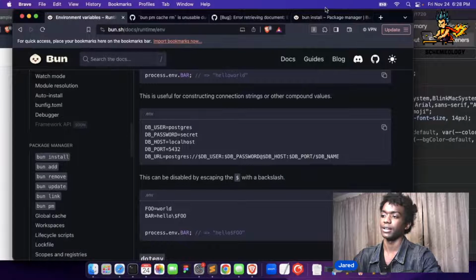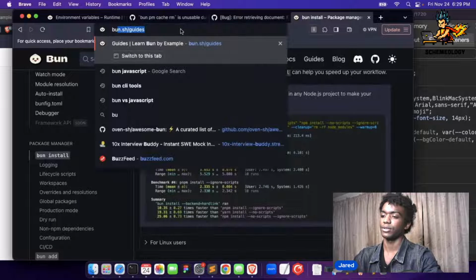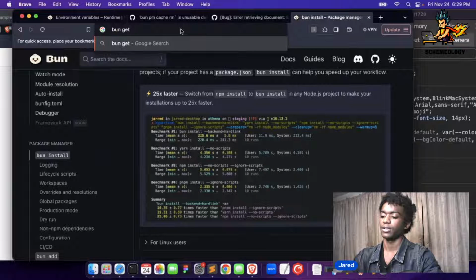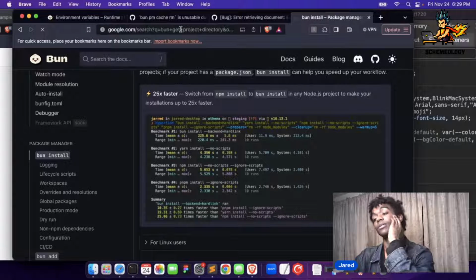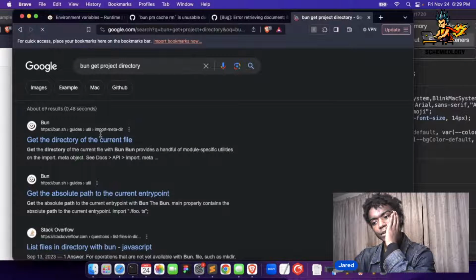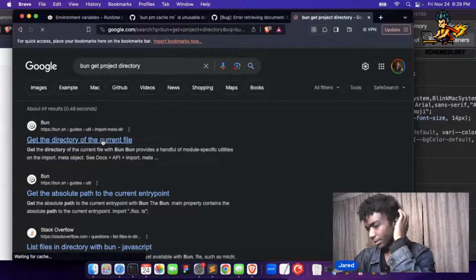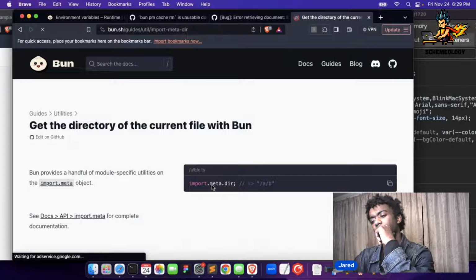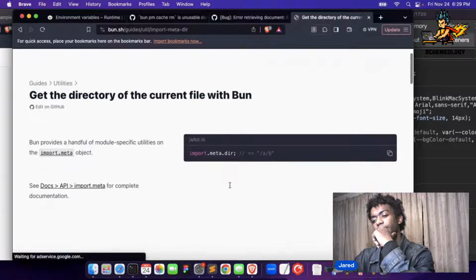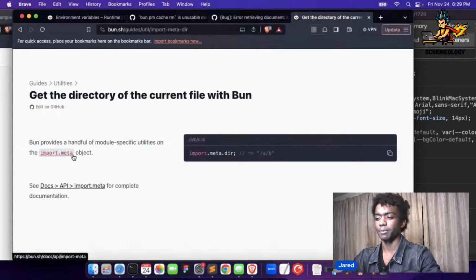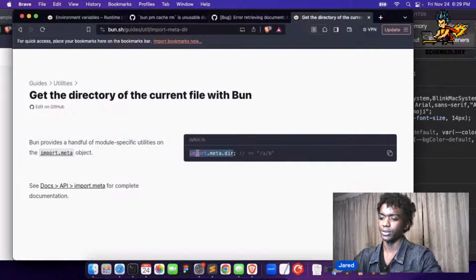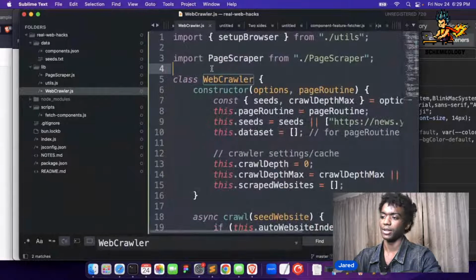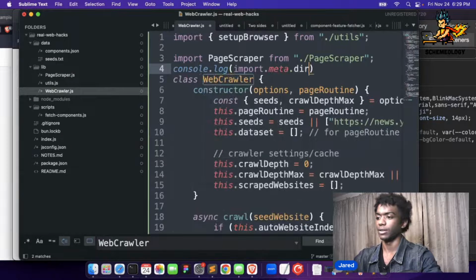So now I gotta look at how to get the project directory. Typically I'll use path to do that. Let's just say current file, or entry point. So it looks like Bun has import.meta. I don't know why it's called that. They have something here, so let me actually console log